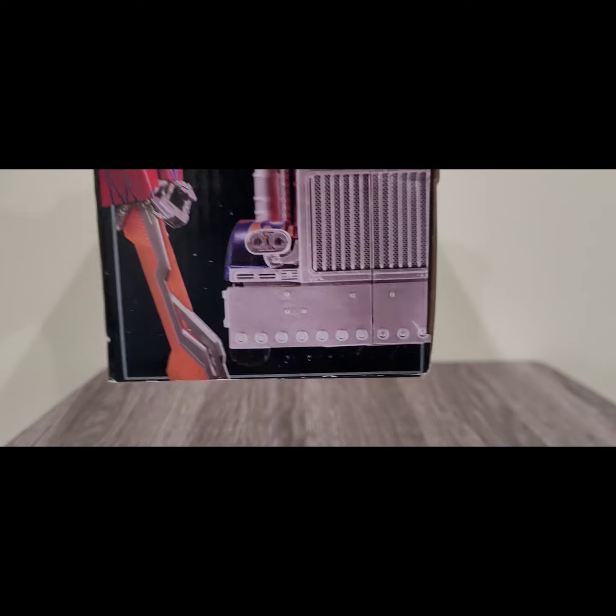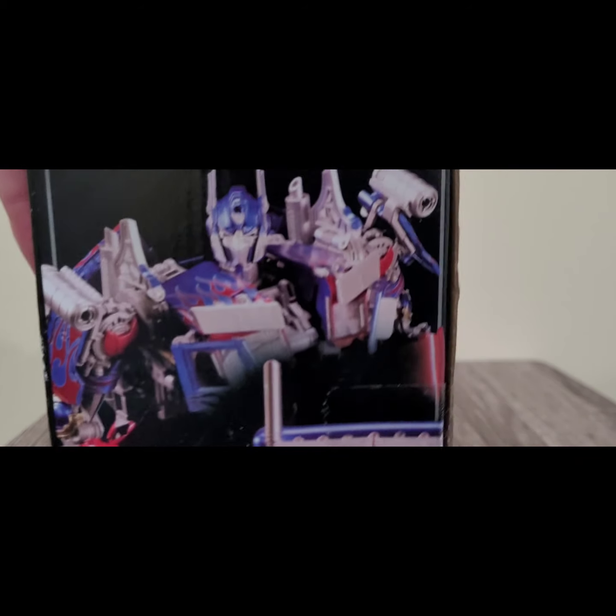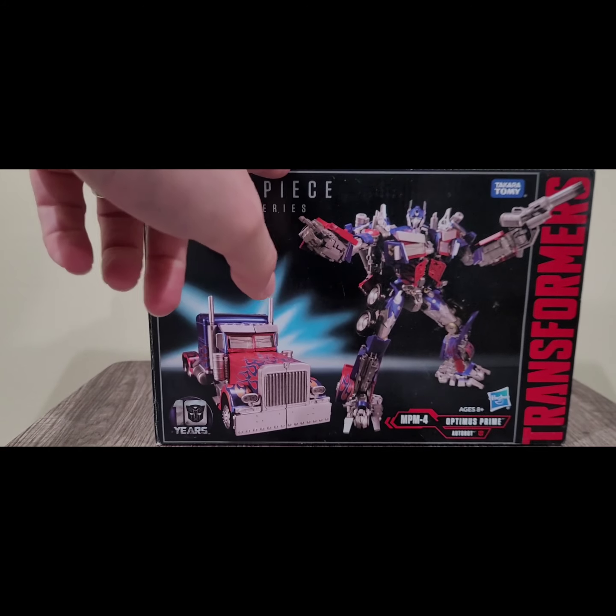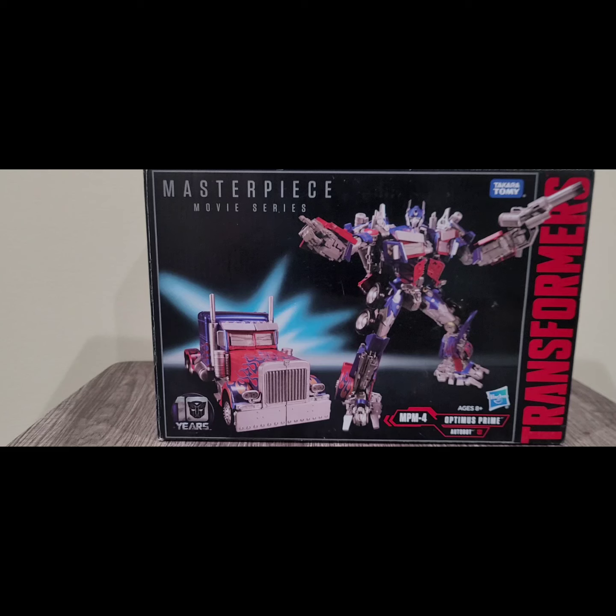On this side of the box, you can see Optimus Prime in his vehicle mode and him ready for combat as well. Bottom of the box, and nothing on the bottom of the box. So yeah, really nice. I do like what they did with this right here. Really nice artwork and detail. So I'm going to go ahead and take the box on out, and I'm going to bring in